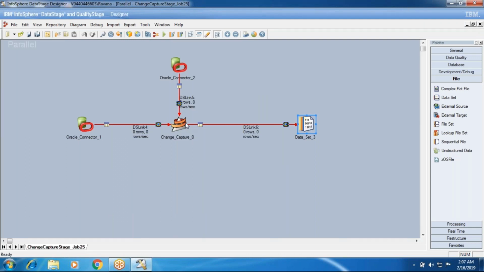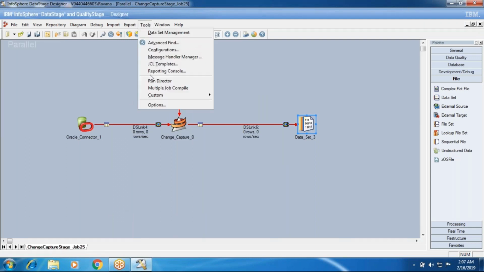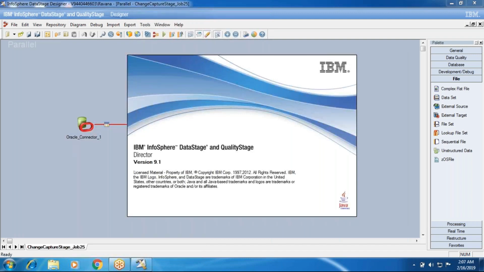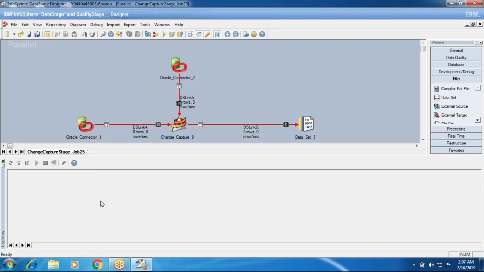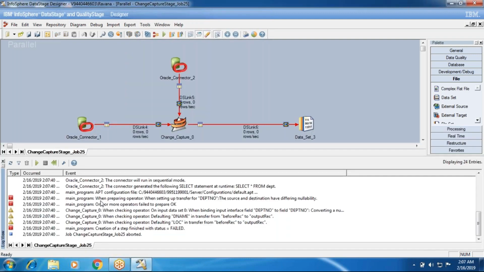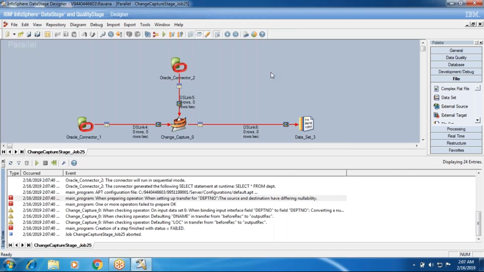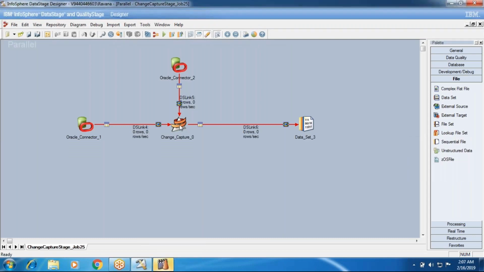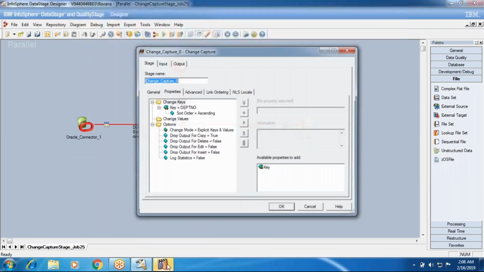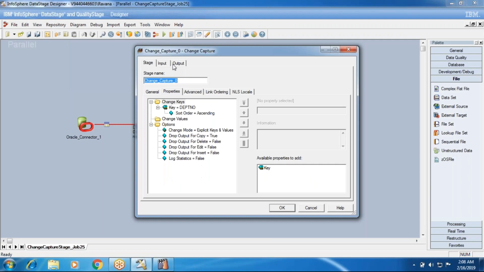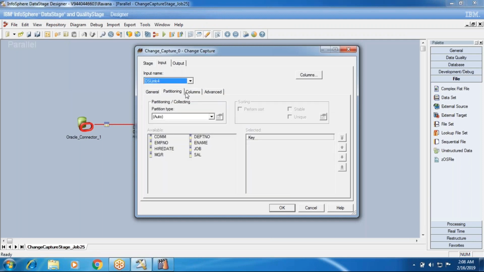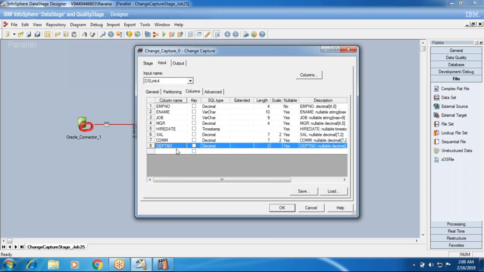The job got aborted, so we'll see the log, or I'll just press Control L. Nullability. The same thing happens in join, where it would be a warning, but in change capture it would be a failure.